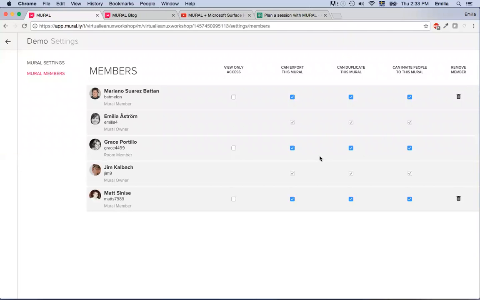On the Mural level, you can actually control if your collaborators will have the opportunity to export the Mural, if they can duplicate the Mural, or if they can invite others to the Mural. So if you would like to protect the privacy of the Mural, it's a good choice to uncheck all these boxes. Another thing you can do as well, you have the option to give people view-only access. So I could give Mariano, our CEO, for example, view-only access to this Mural